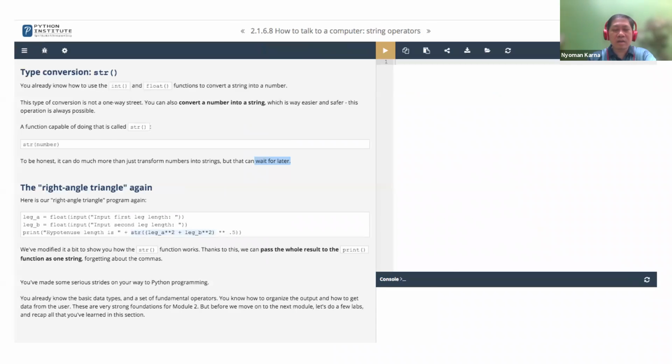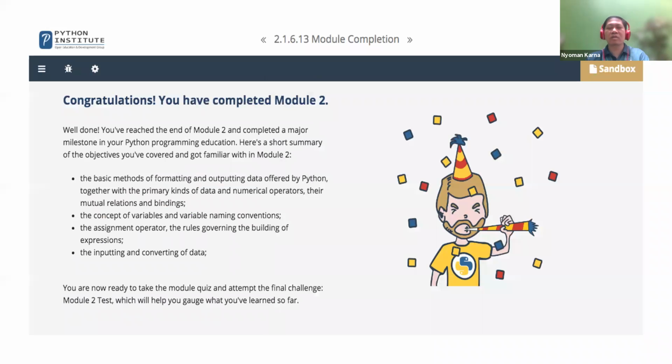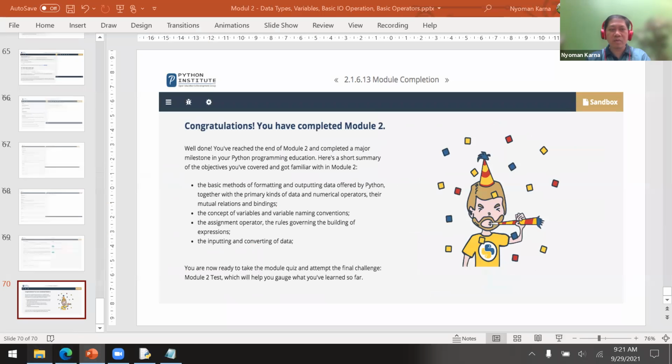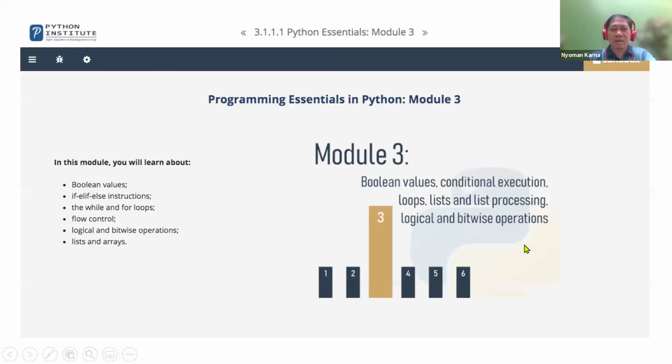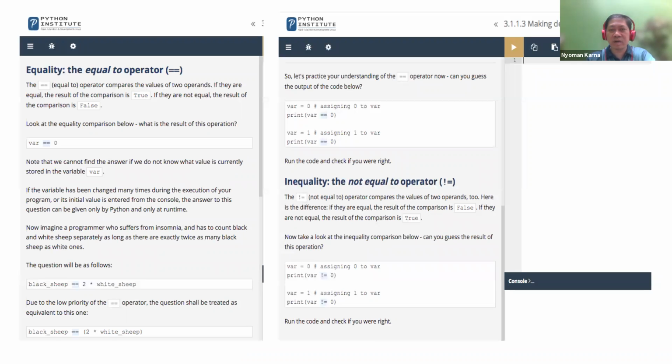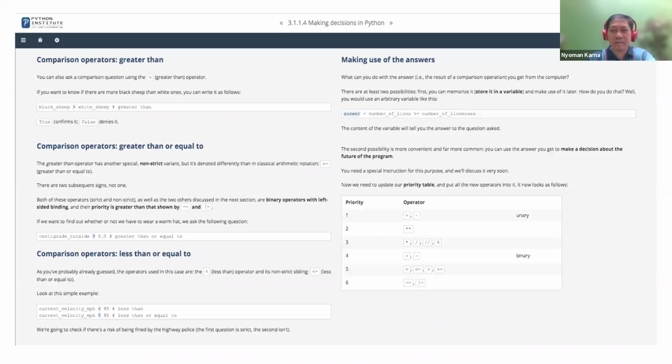Now, okay, we already completed module 2. Now we're going to move on to module number 3. This is also only several slides. Boolean values. We're going to discuss Boolean values. We'll discuss the equal to operator, and also we already discussed the not equal.